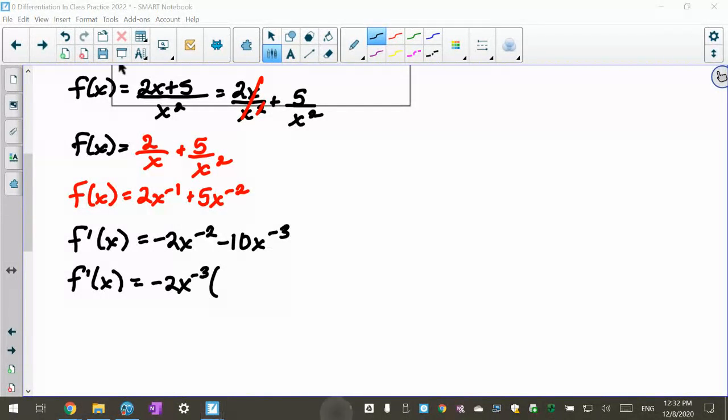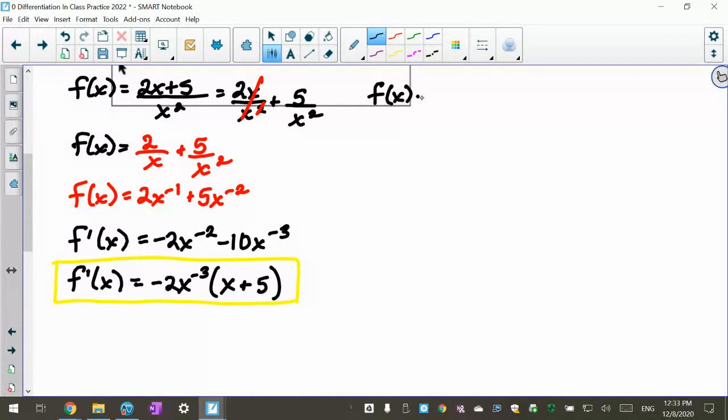When I do, the first part comes out to be this divides to be a 1, and x to the negative 2 divided by x to the negative 3 have the same base. So you subtract, so that's going to be a positive x, or x to the first power. And then I'm going to divide, that turns positive, and then I have a 5, and that's what that comes out to be. So here I have the power rule, and that's what I got as the derivative in factored form. Okay? Now we're going to go back to our same function